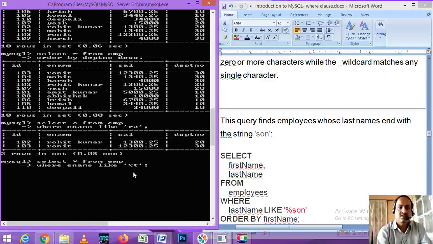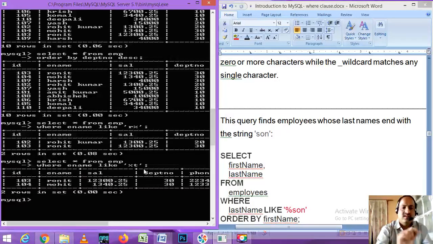If you are going to end with T, you write percent then T. Now press enter. You will find two values, Ronit and Mohit. Only two persons end with T.